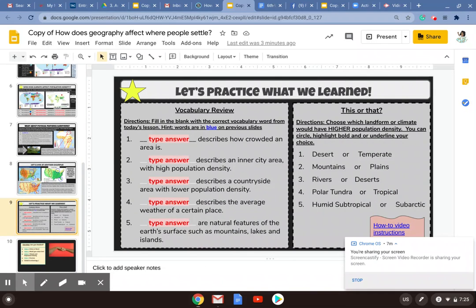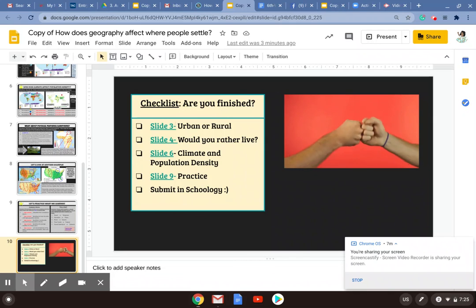Then you're doing this one, this or that. Choose which landform or climate would have a higher population density. You can circle, highlight, bold, and or underline your choice. And then the last slide is making sure you answered slides 3, 4, 6, and 9. And then you're going to submit to Schoology. If you have any questions,